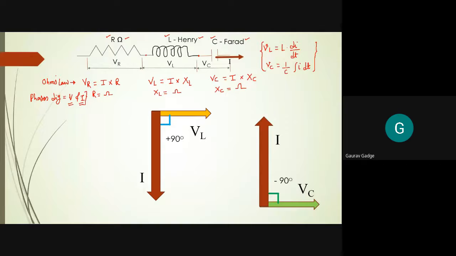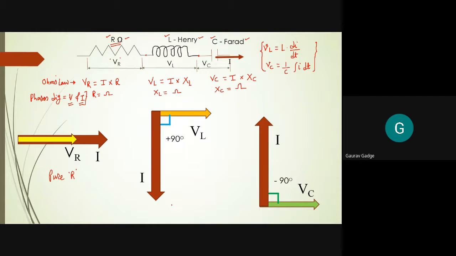Now we are making the phasor diagram. The concept is the same, so in the phasor diagram we take current as the reference. Now, with respect to current as the reference, for a pure resistive load, what is the voltage drop across the pure resistor? It is VR. So VR is in phase with current. For pure resistive, VR is in phase with current. Is it clear with this?